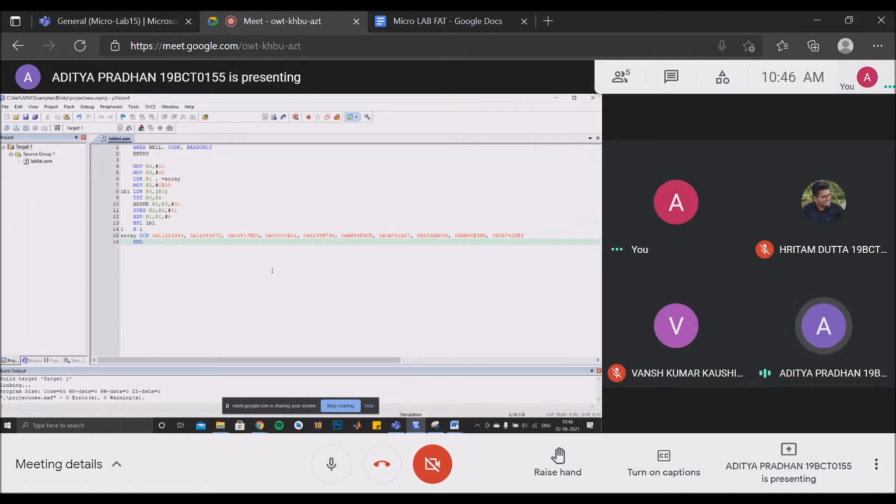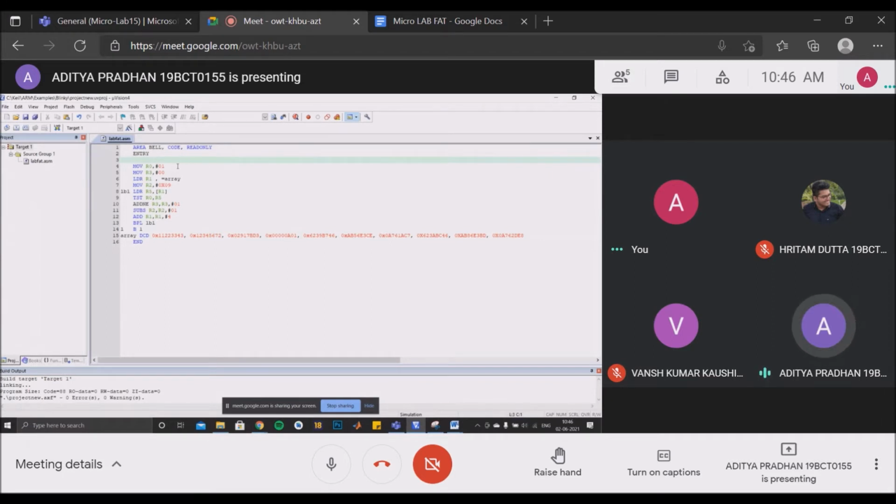The code here is for counting the number of odd elements in the given array. Here in the given array we have 10 elements, given to us in hexa value. In the first line of code, we are using the AREA directive and giving it a name to give the location for the code to be stored. The program must have at least one code area. The CODE word here defines that the section is of code, and READONLY defines the permission of the section.